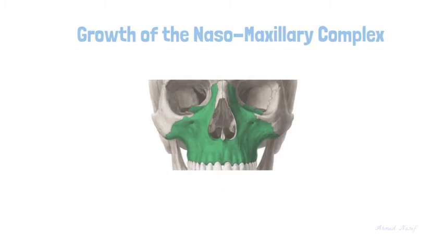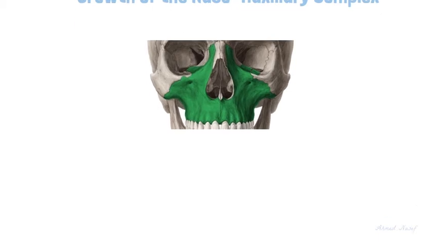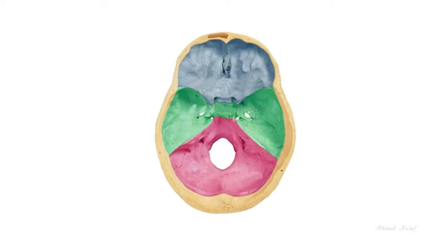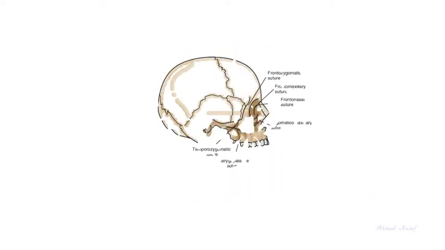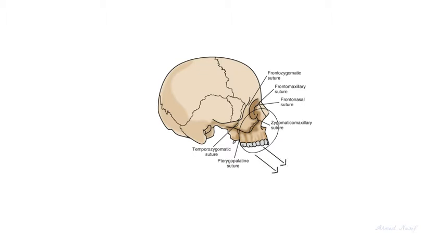So today we will talk about the growth of the midface, or sometimes called the nasomaxillary complex. And this of course includes the maxilla, which is mainly the bone of interest in our talk today. The cranial base is divided into anterior, middle, and posterior cranial base. The nasomaxillary complex, which is this area, and the anterior cranial base are joined together through a group of sutures. And these sutures are actually positioned in a way that any growth would push the maxilla forwards and downwards.